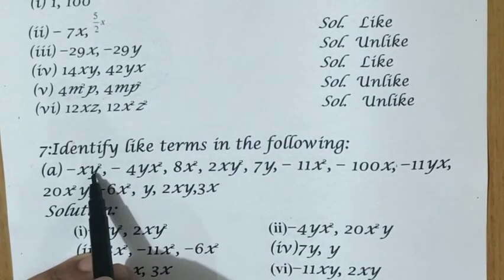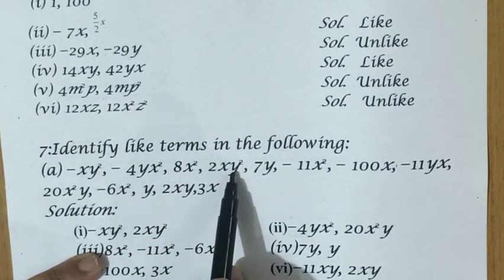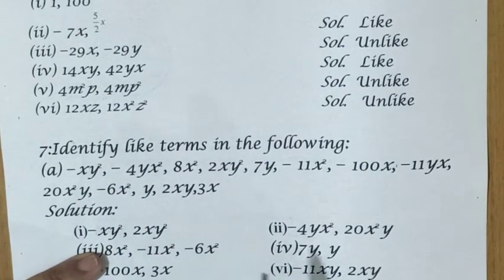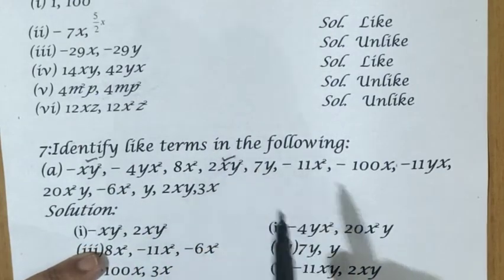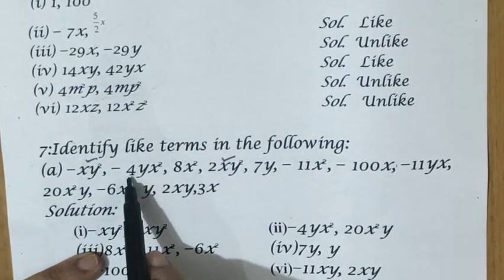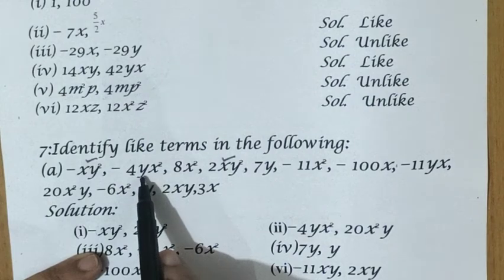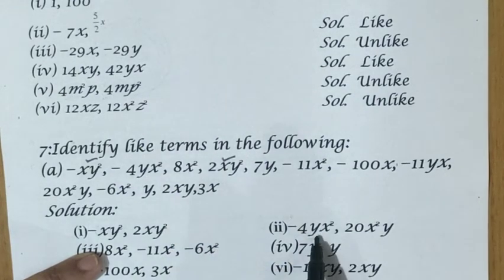And what about the remaining? Y is 2, here also y is 2. So 2xy square is the like term. So these two terms we have considered, right? Now what is the next term? Minus 4yx square. This time y power is 1. So I have made the group 2, minus 4yx square.